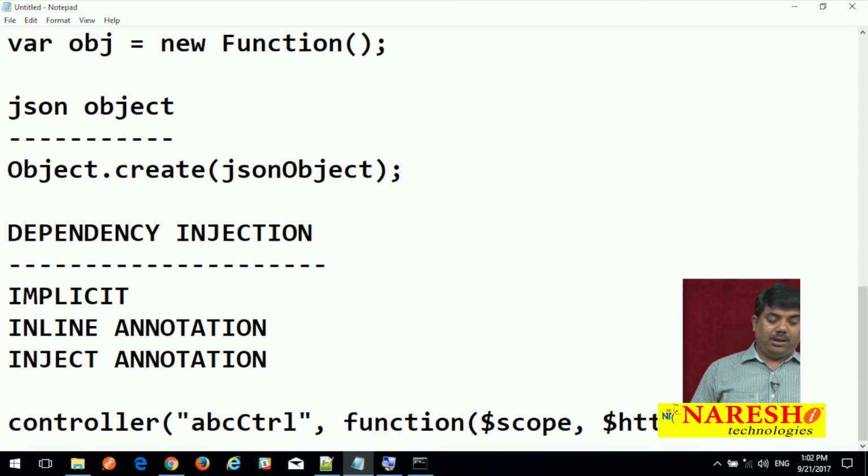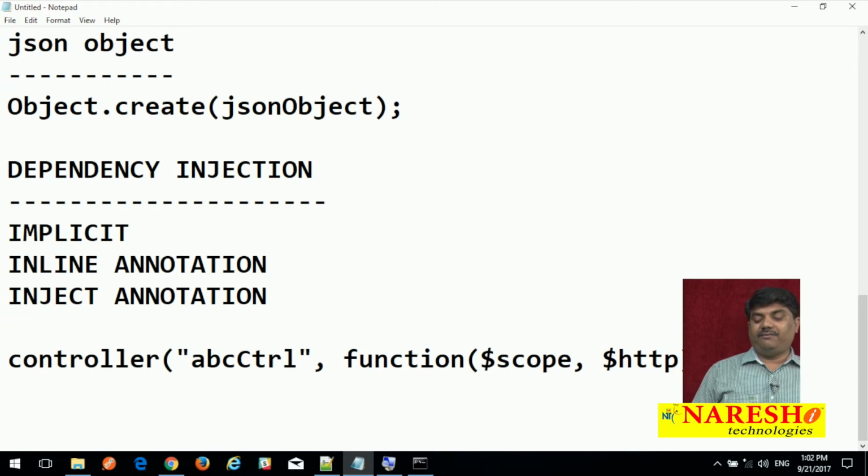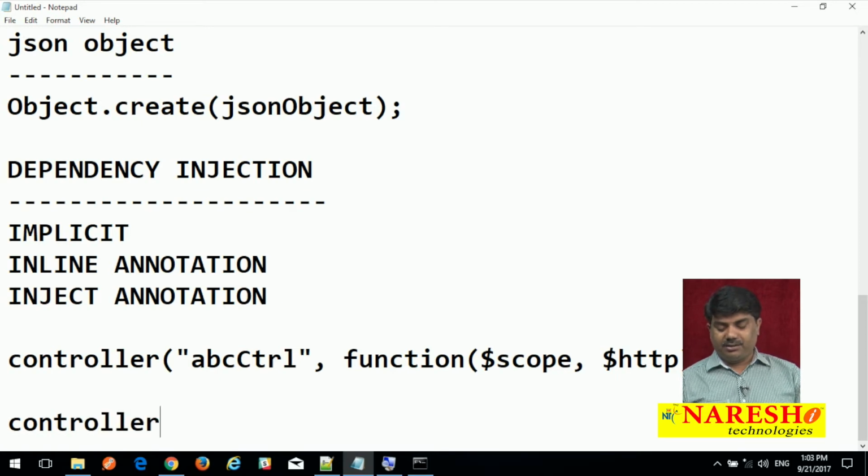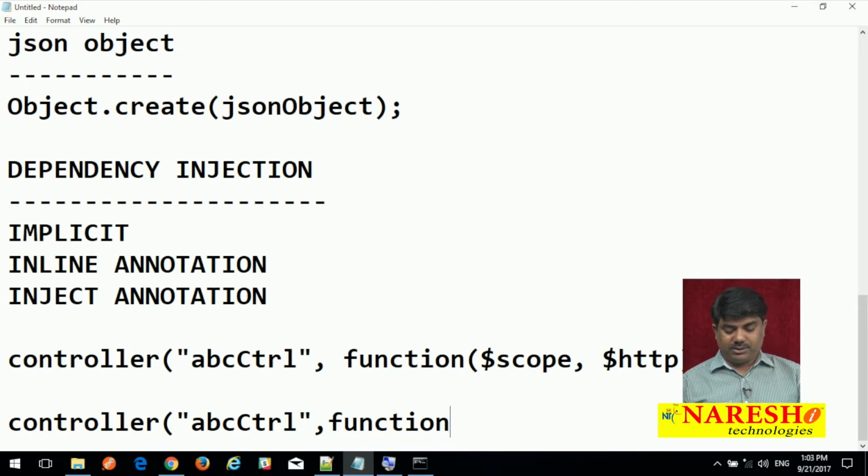But assume that you are minifying your controller. How the inner implementation is done, we will see later; we don't require that as of now. I am only discussing dependency injection. Once the application is minified, and minification means compression of your JavaScript code, it will be turned into something like this,